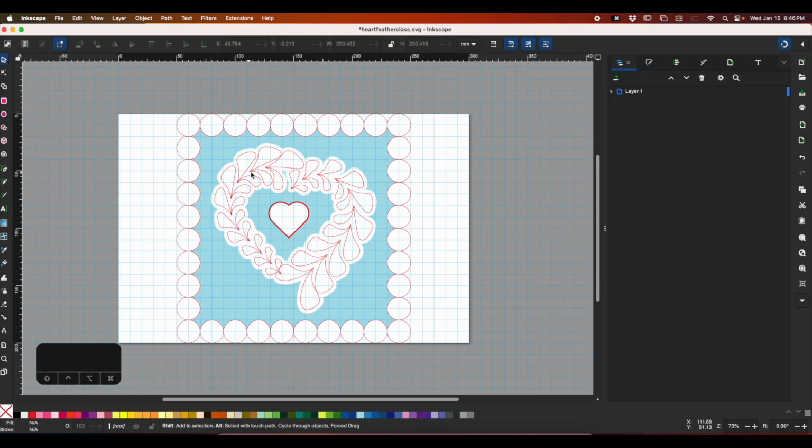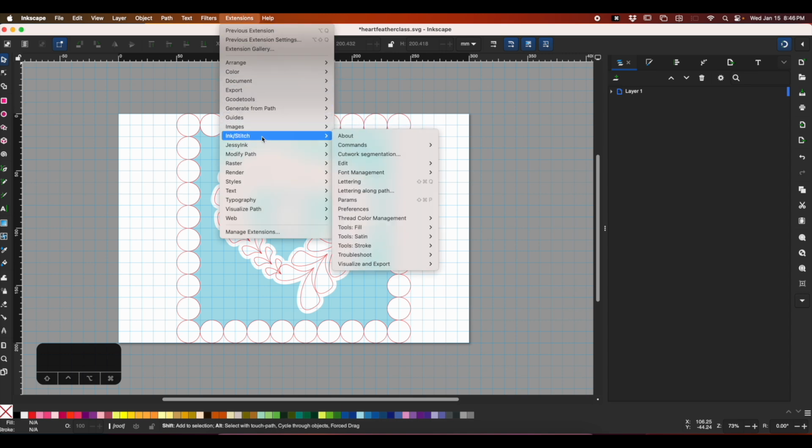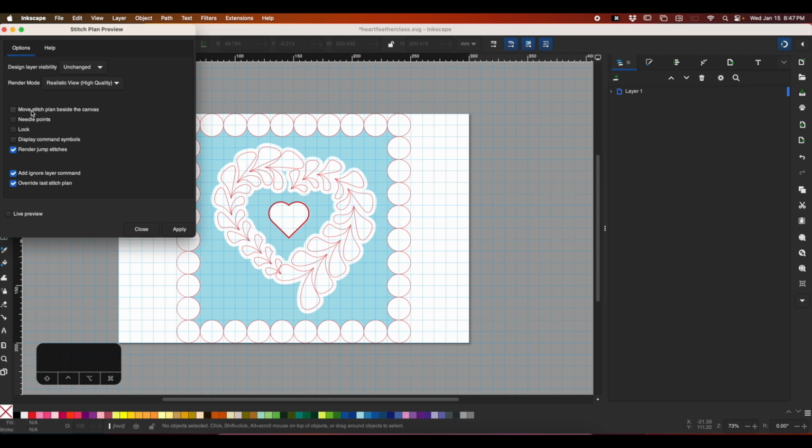Next thing, I'm going to show you what it looks like in the stitch plan preview. Go to Extensions, Inkstitch, Visualize and Export, Stitch Plan Preview. And I'm going to have the stitch plan be beside the canvas. Realistic view, high quality, and layer visibility unchanged. I like to add an ignore layer command, and I like to render my jump stitches. And you can override last stitch plan. We don't have one at the moment, but